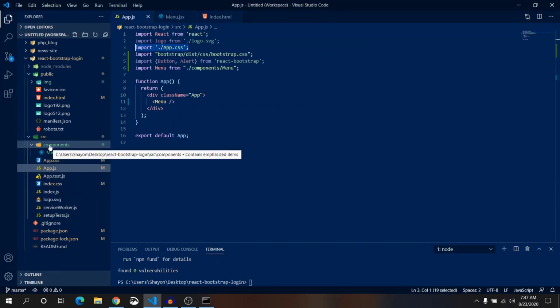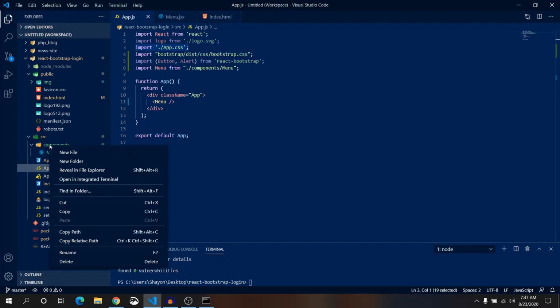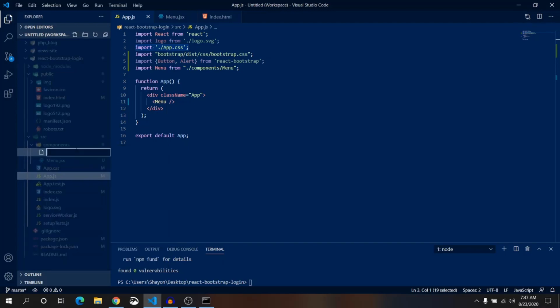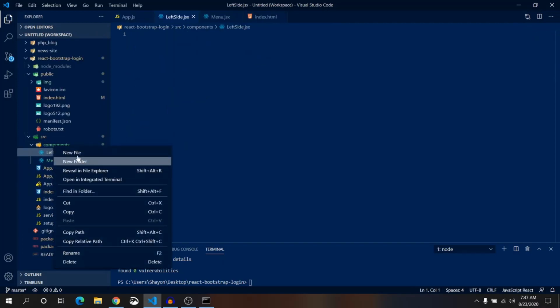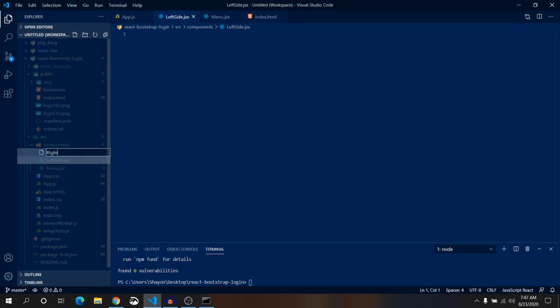Okay, in components, let's create 2 more components. First one will be left side .jsx, and second one will be right side .jsx.